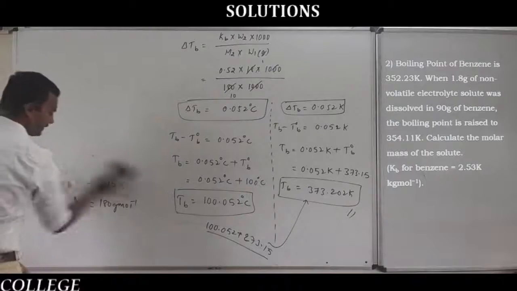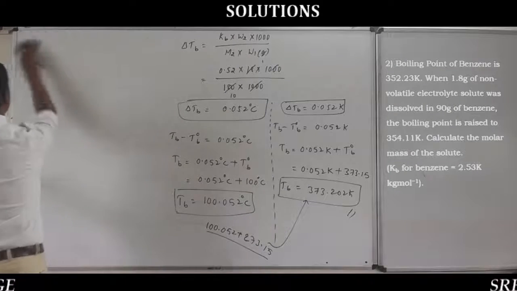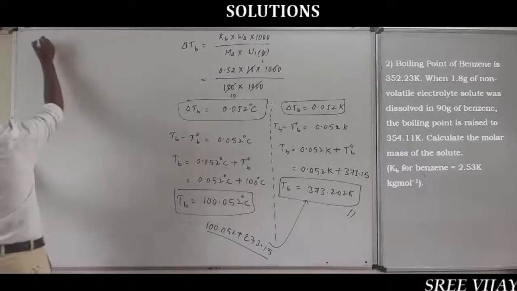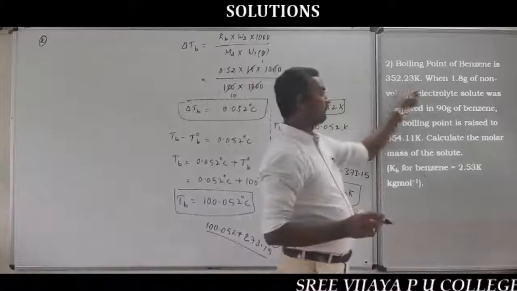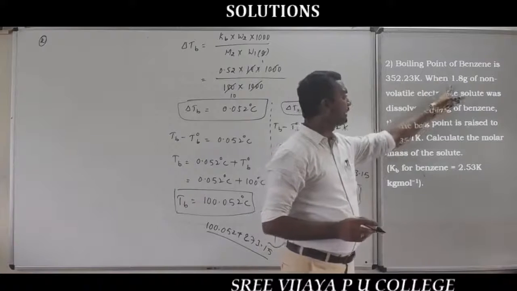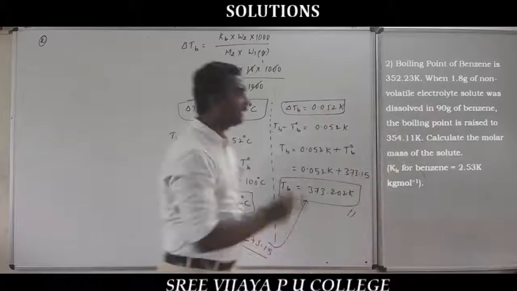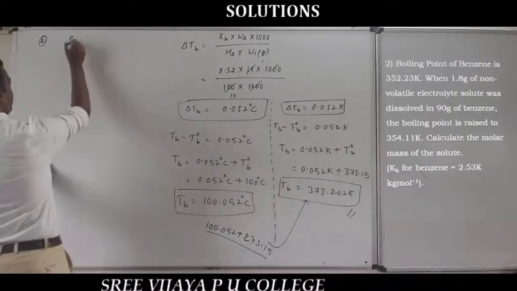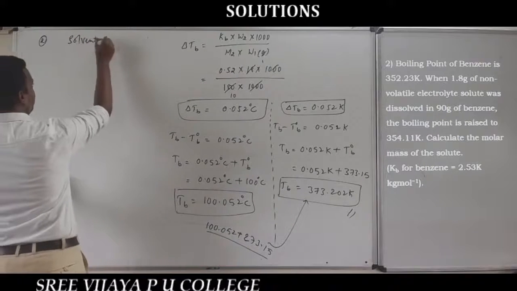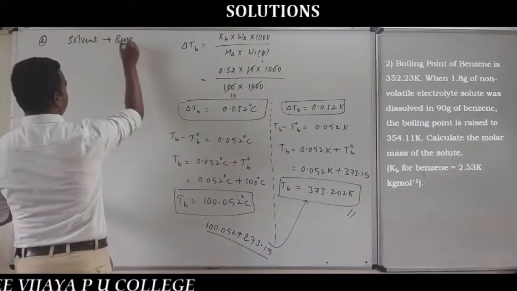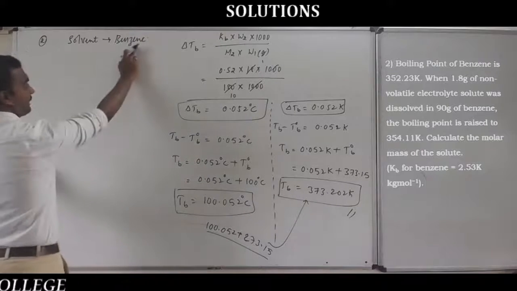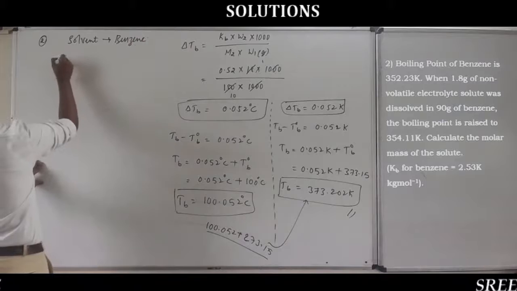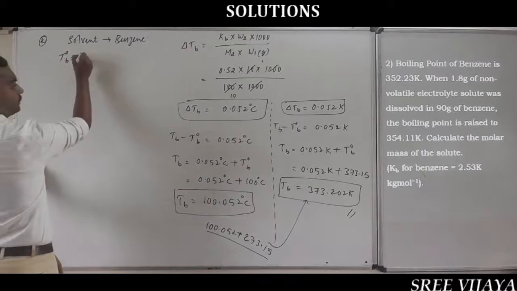First identify which is the solvent and which is the solute here. In the second problem, the boiling point of benzene is given. Only benzene is given, and the solute is a non-volatile electrolyte solute. So the solvent is benzene. Solvent is benzene, so the boiling point of benzene is given. Benzene solvent is the pure solvent, that is T0B is equal to